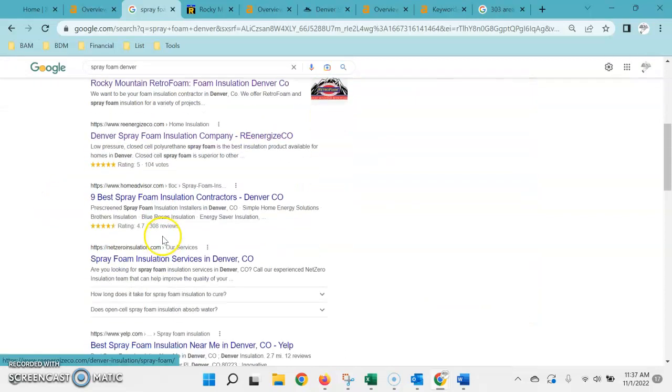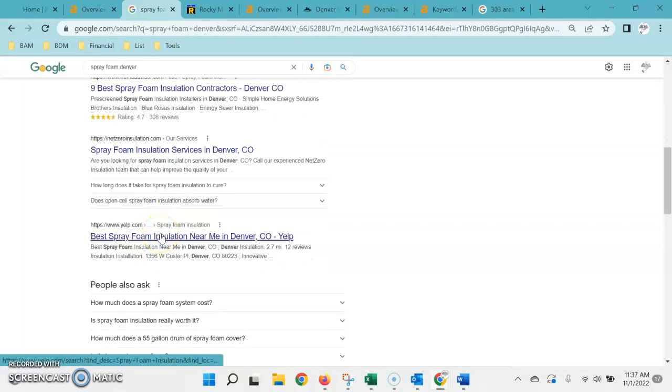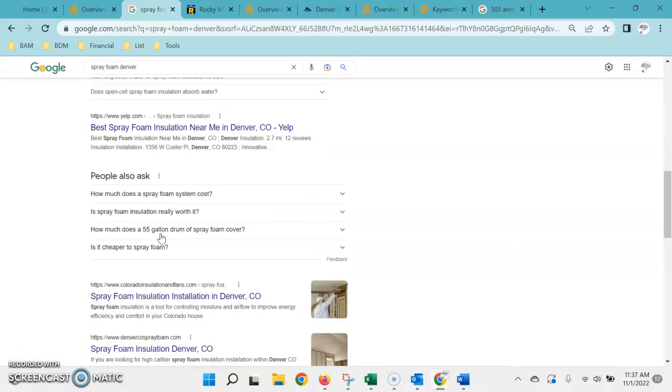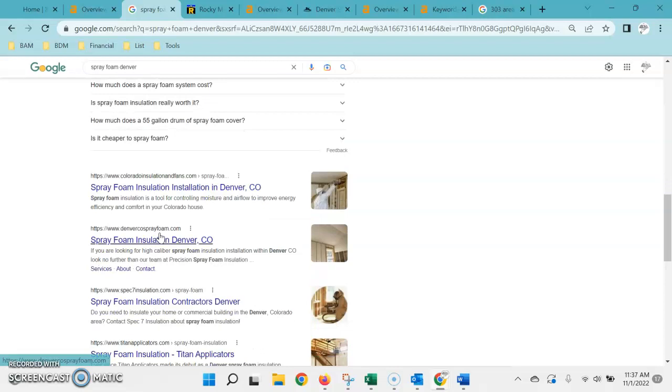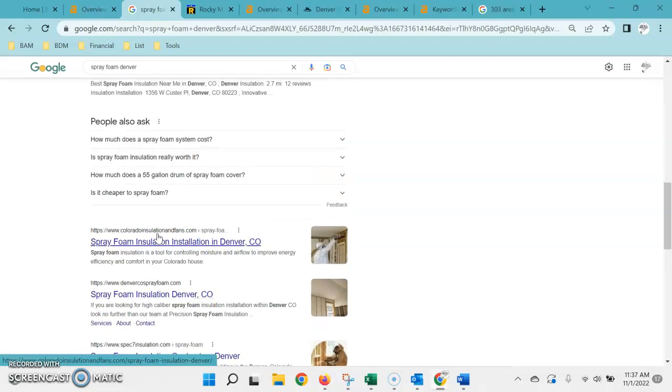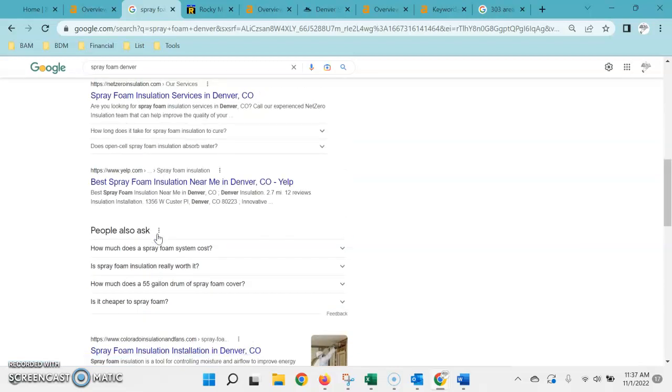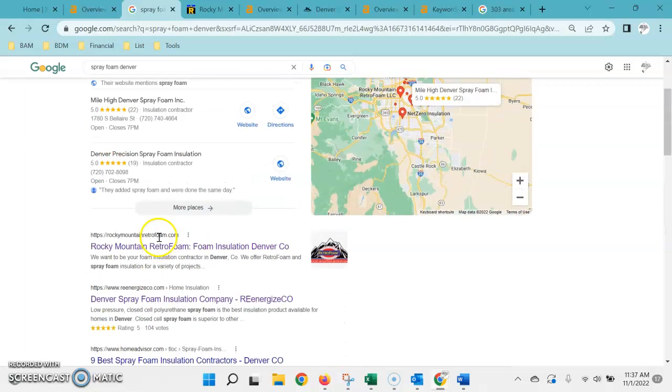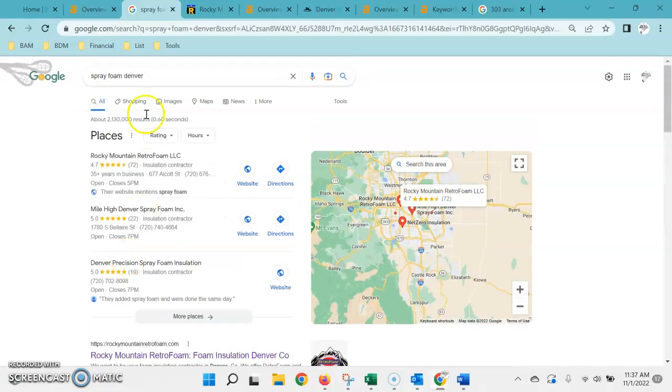So then underneath that, this is what we call the organic search results. This is where the more authority or trust that Google has in your site, the higher up on the list you're going to rank. So this is where getting more links or referrals from other websites is going to help you climb and outrank the competition. Then once your site has reached the top, you'll be getting all that search volume and all those leads directly to your business.